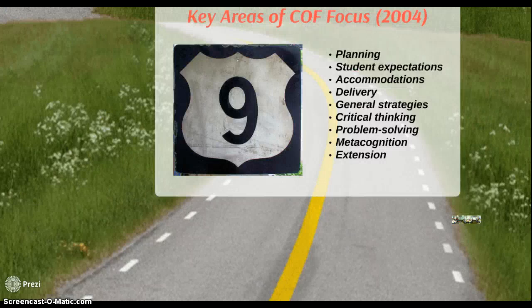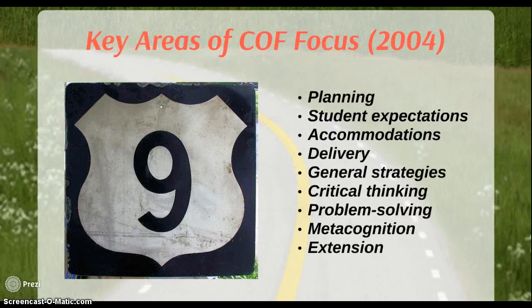There are 9 key areas of the classroom observation form, or COF, that contain 40 questions on which observers are to focus. The 9 key areas that observers are to look for are curriculum planning, expectations for learners, accommodation to individual learners, curriculum delivery features, general teaching strategies, critical thinking strategies, problem-solving strategies, metacognition, and classroom extensions. All 9 of these areas provide a strong base for instruction in both gifted and talented areas, as well as